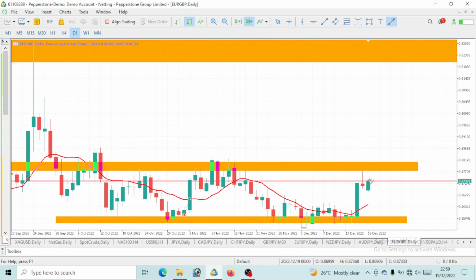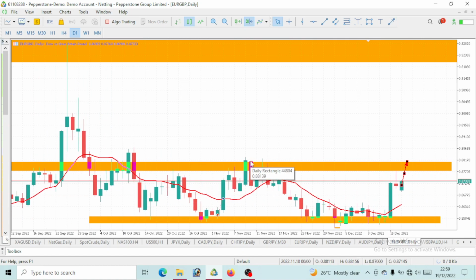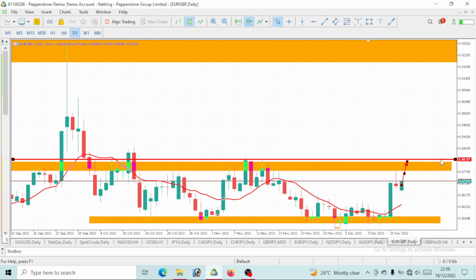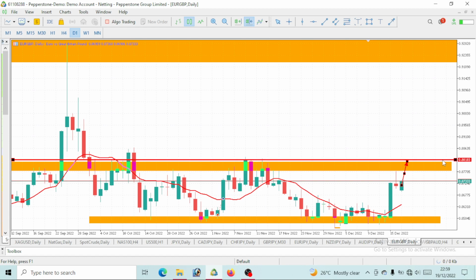Let's see this bullish move come to take out this resistance level that price has been reacting to. We can see this huge candlestick wick here. I think this is a level of 0.88170. So let me highlight or mark it. Okay, 0.88170. So guys, watch out for a bullish move to a level of